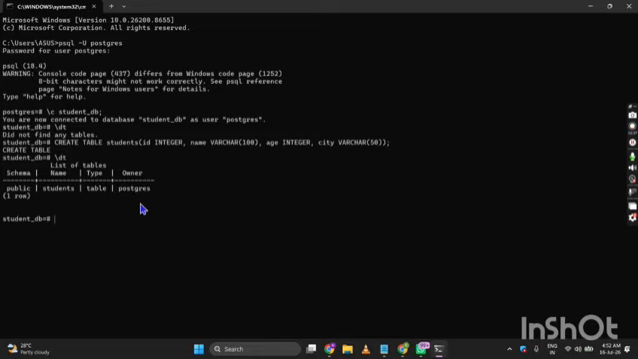Now I want to create another table. So I will type create table. In the same database we are creating another table, employees, with the attributes, say suppose employee ID, which is an integer, employee name, which is a varchar,